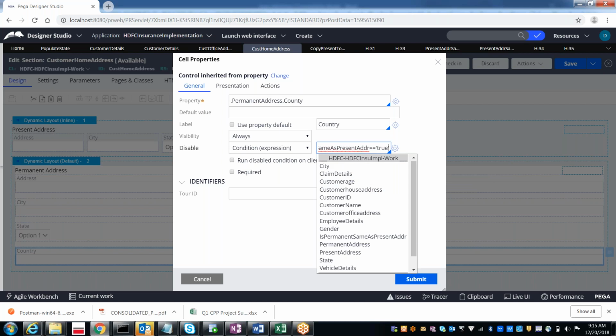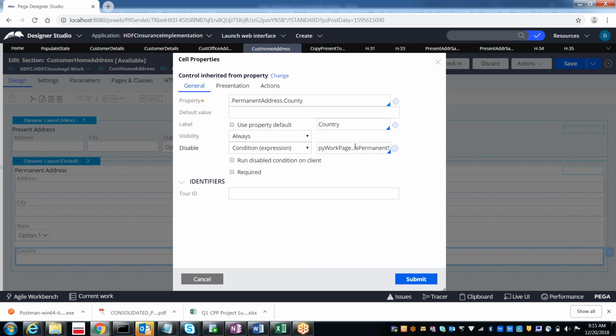Come like this. And then it contains two dots. You can also run this on the client side or server side. It depends.